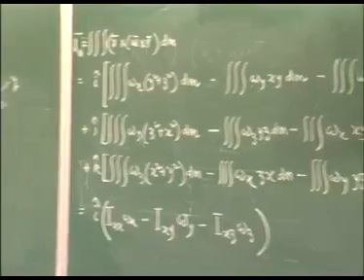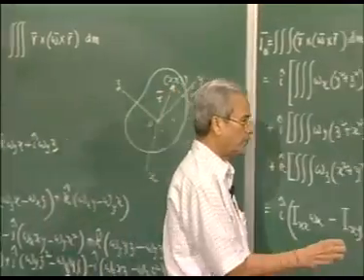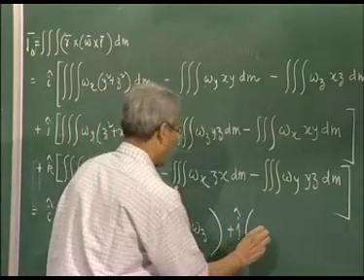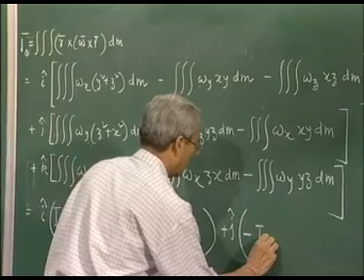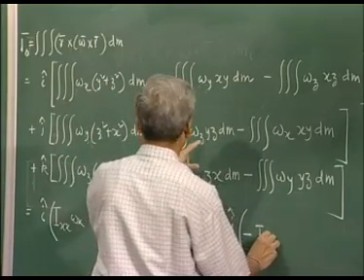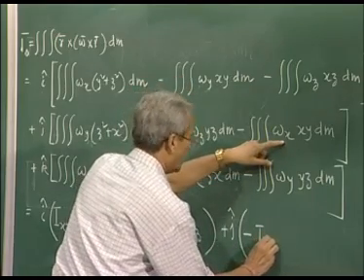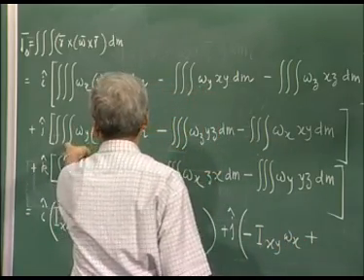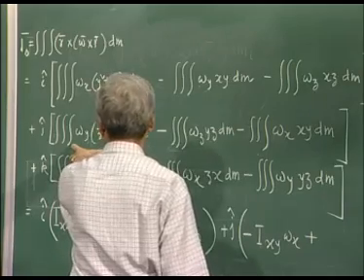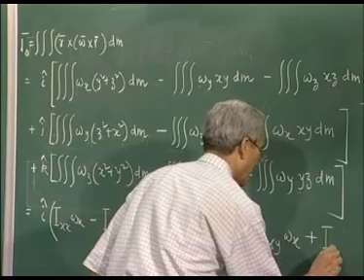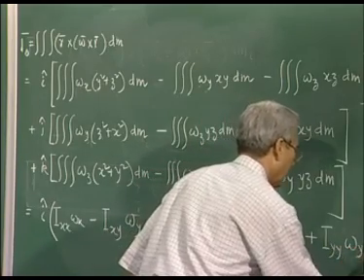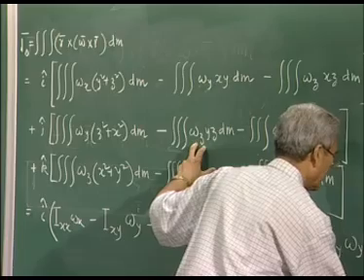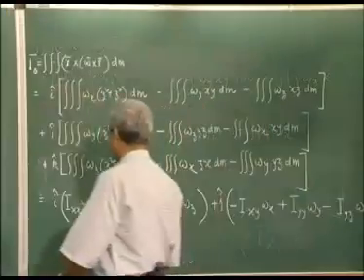So, the ith component looks like this, the jth component will look like this, minus I xy omega x plus, this is again nothing but the moment of inertia of the rotating body about the y axis, and we define it by Iyy, and the third remaining term, this one is Iyz omega z, and the k component